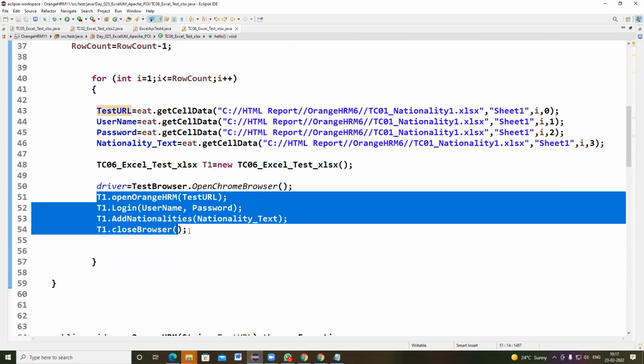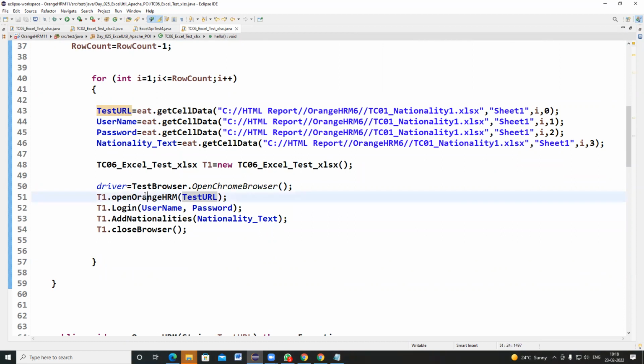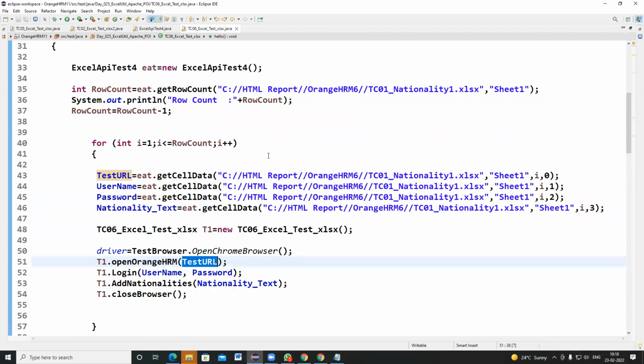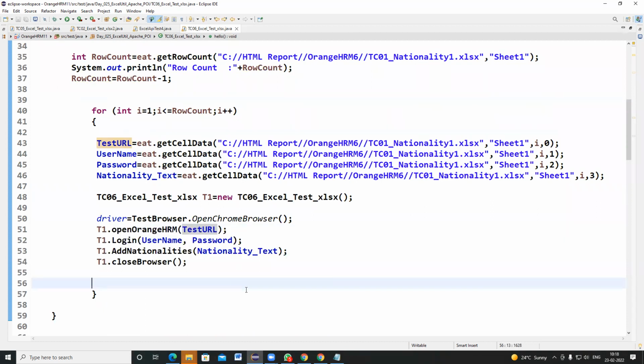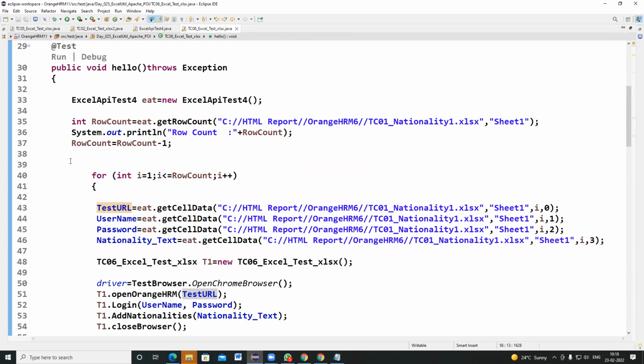Previously, in the previous program, I had written the whole set of driver instructions in the same program, but here those driver instructions were moved into appropriate methods, and the program is executing with the required set of input values. So I comma 0, I comma 3, same program, executing organized by methods. Got the point? So in real time, whenever people ask to execute the same test multiple times, this is an approach we can also use.